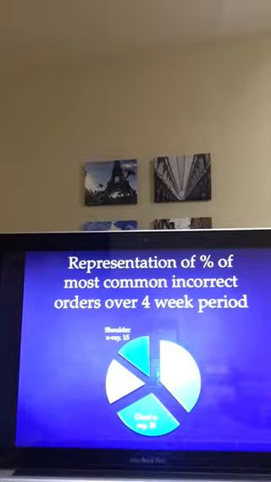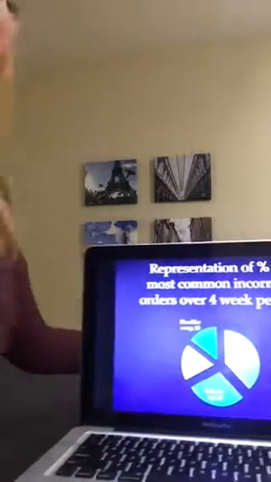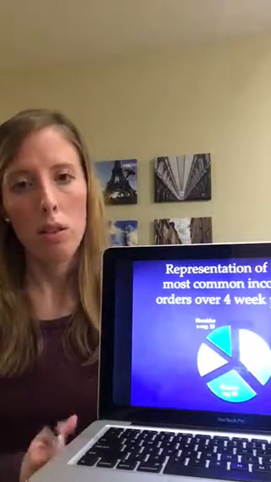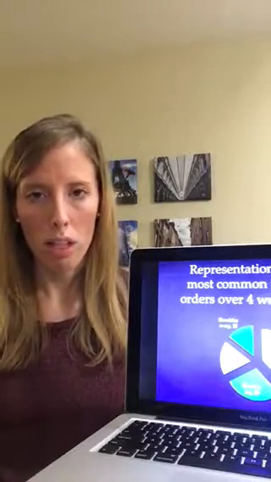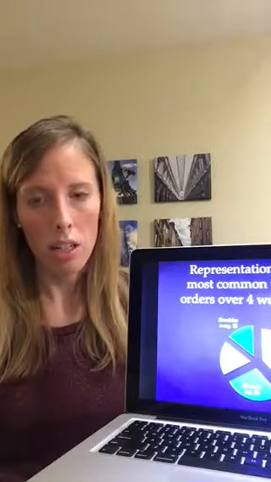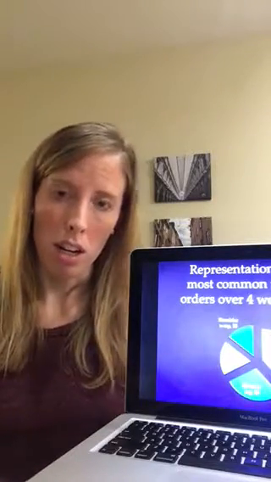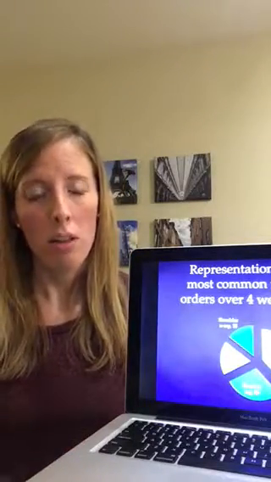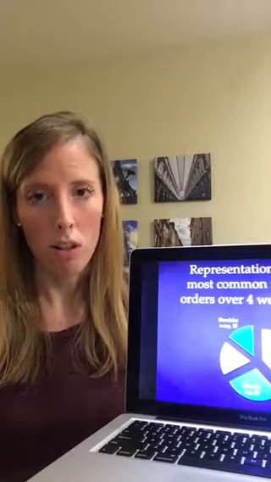Now, these are the most common x-ray orders that you can see here in this pie graph. But there are also many other orders that are put in incorrectly. Some other common x-ray orders that are put in incorrectly include obscure orders like the scoliosis series. A lot of times registration will be unaware of what a scoliosis series is, and they will instead put in a spine x-ray order, which they usually put in cervical, thoracic, and lumbar spine